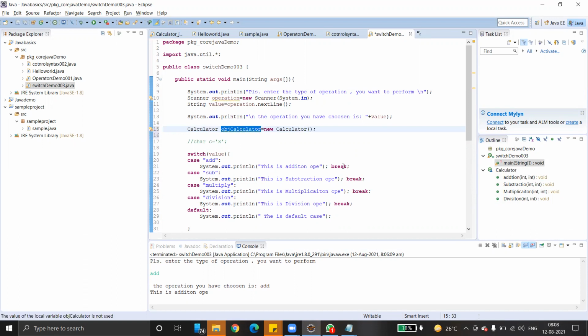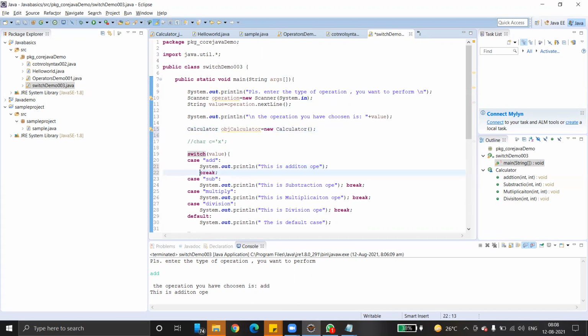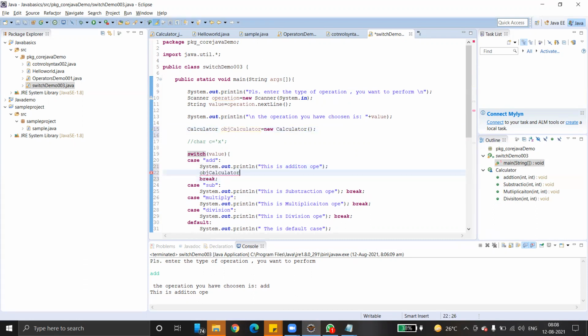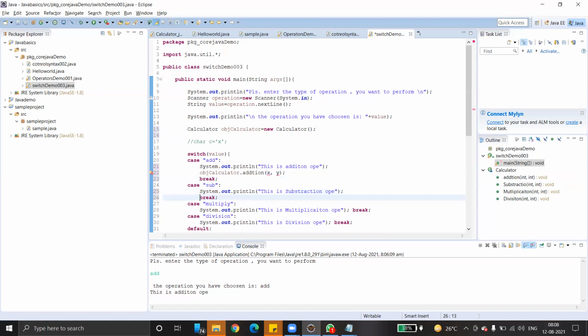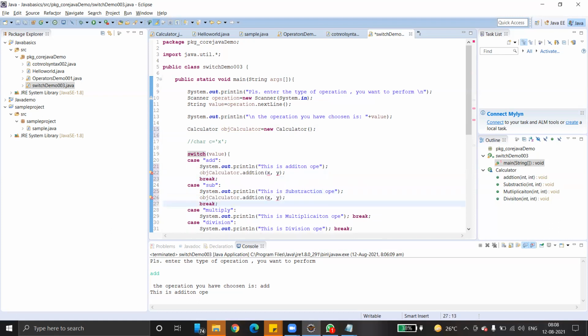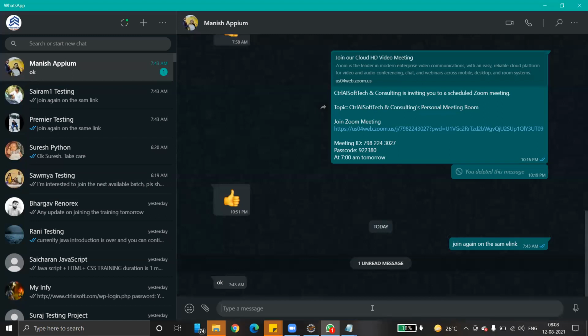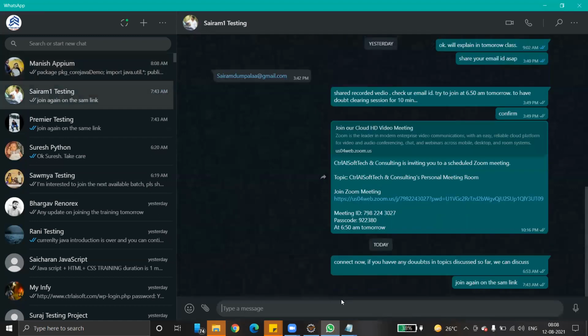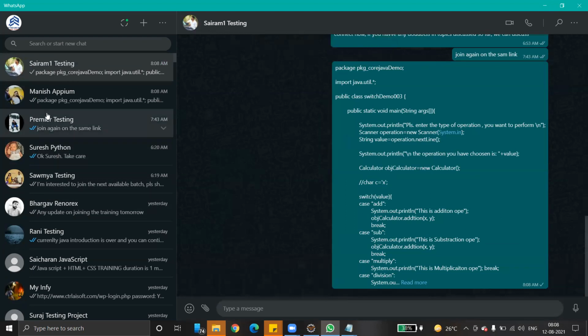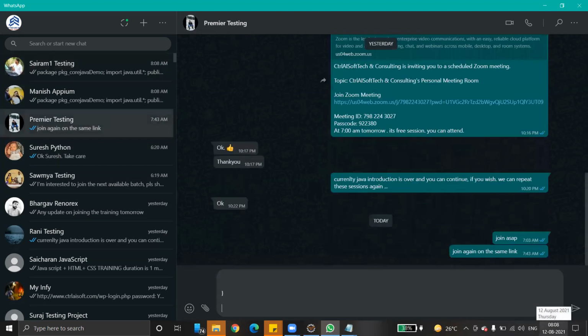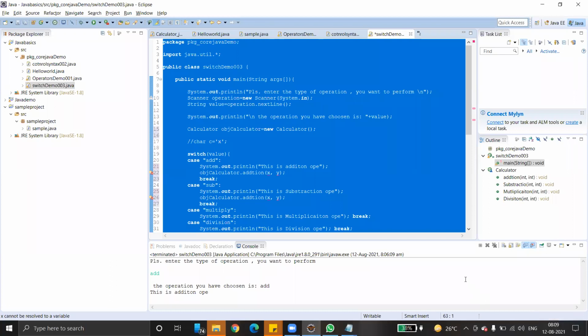Right. Now we can call these functions. Just come here. Here we have to add this code. Dot addition. Similarly, we have to call the remaining operations. So like this, but I'm not implementing it here. You have to implement it. I will give this code as it is to you. Done. Can you implement it and show me tomorrow?